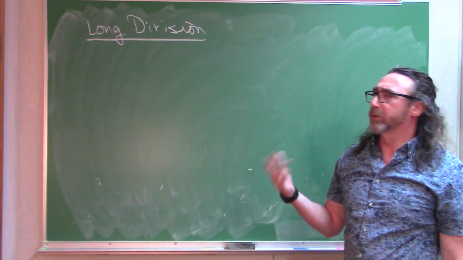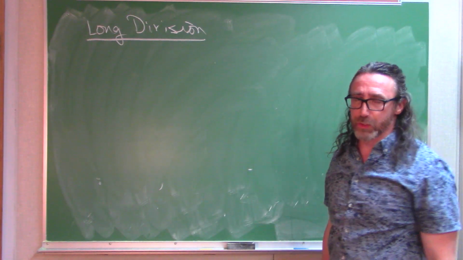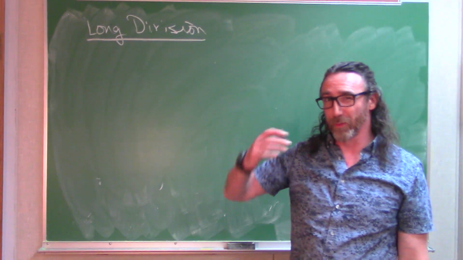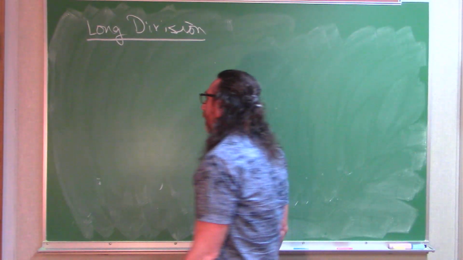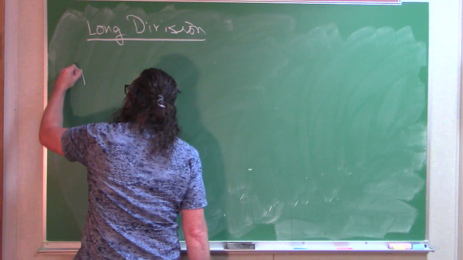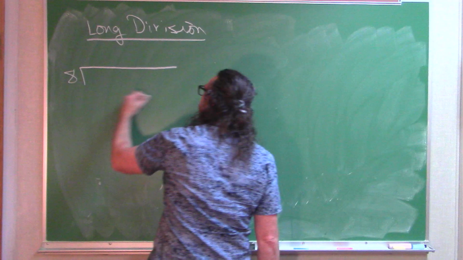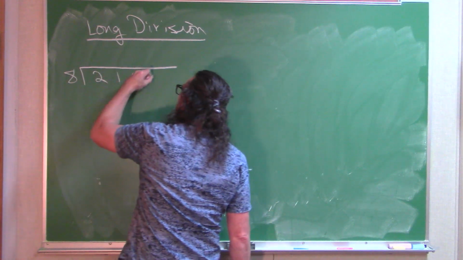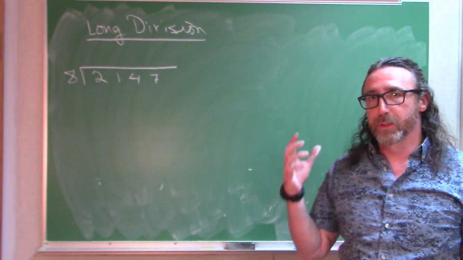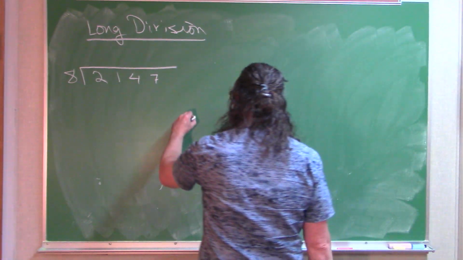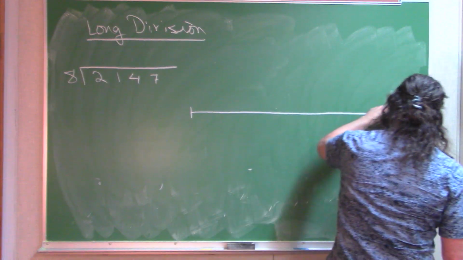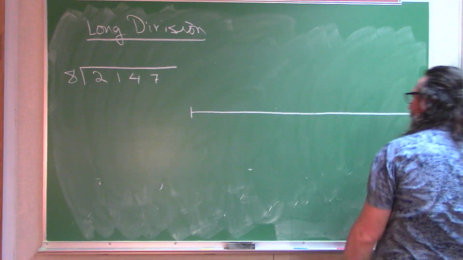I wanted to get into the mechanics of long division, since it is an algorithm we will need to use for quite a few of our problems here. And I want to look at this example, and I want to try to understand why the setup for long division works the way it does. Okay, so if we think about what the division process really means,